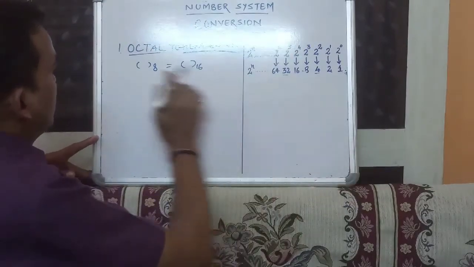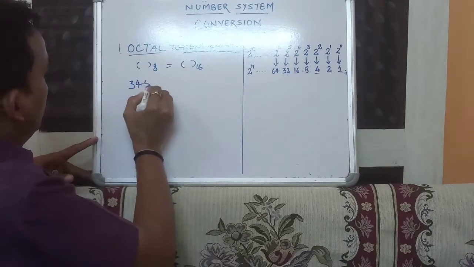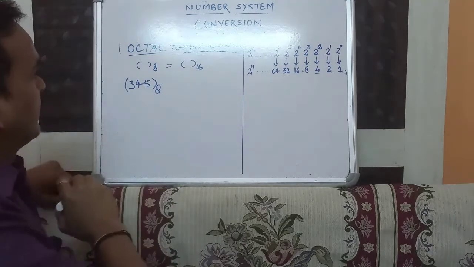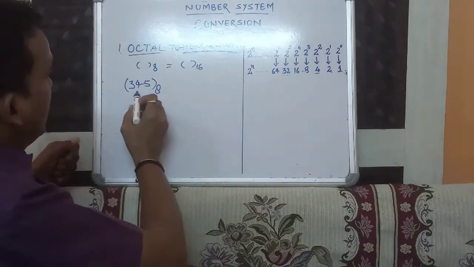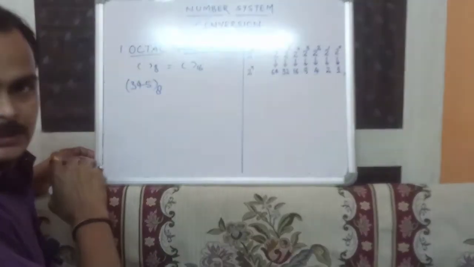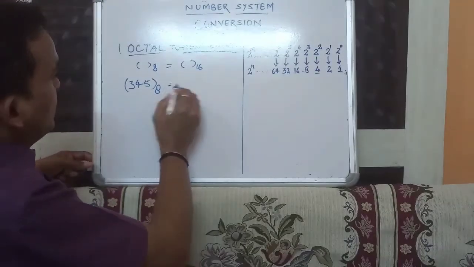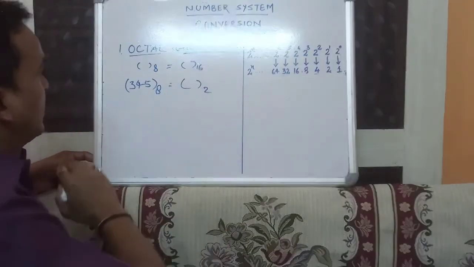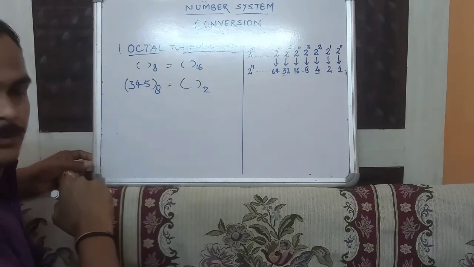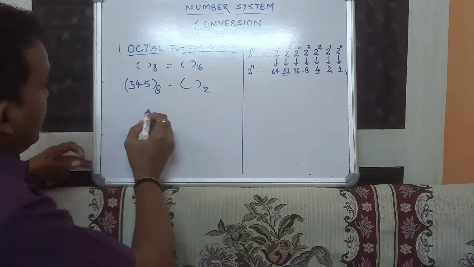Suppose we have any number like 345. Suppose this is a number in octal, and I have to find out the resultant value of this in terms of base 16, that is hexadecimal. So now first we will convert it into a binary number. So how will we convert this number into the binary number? There is a simple form. We will just write down the